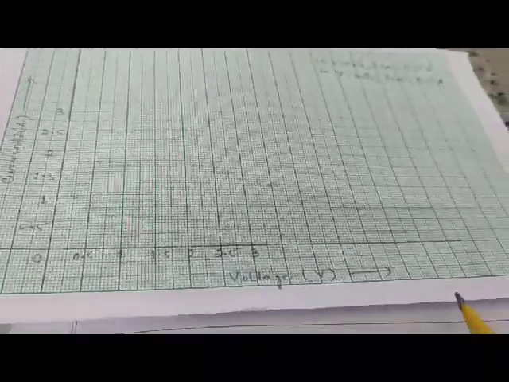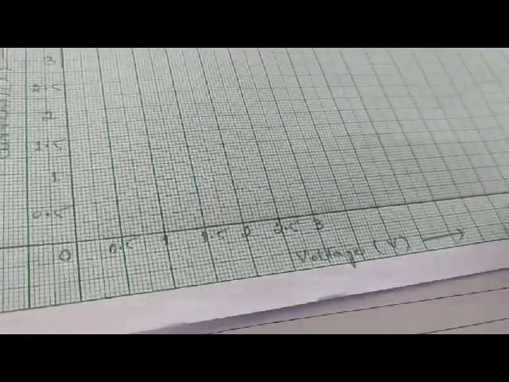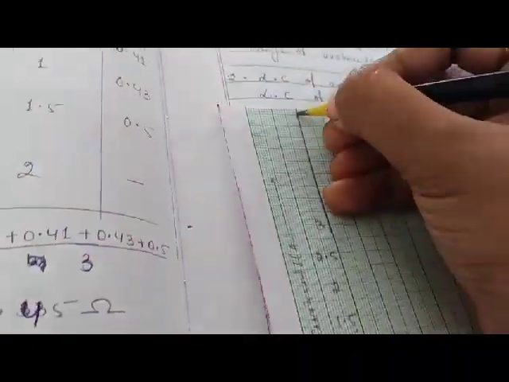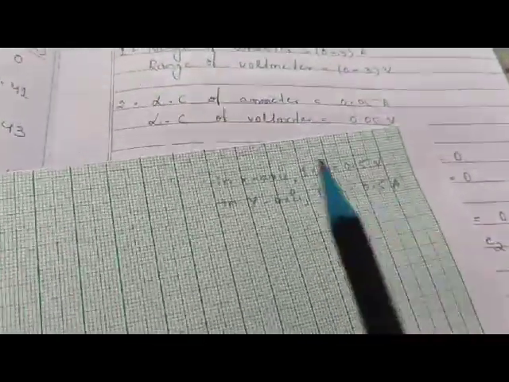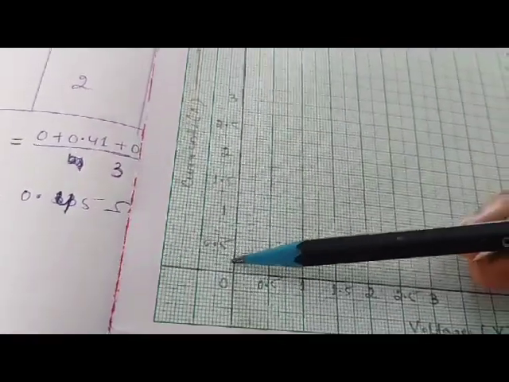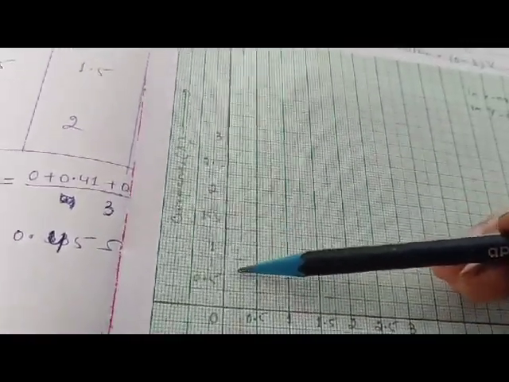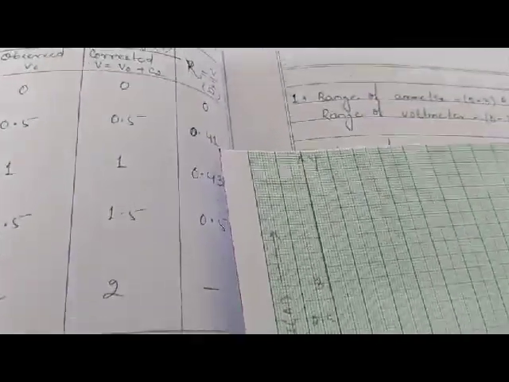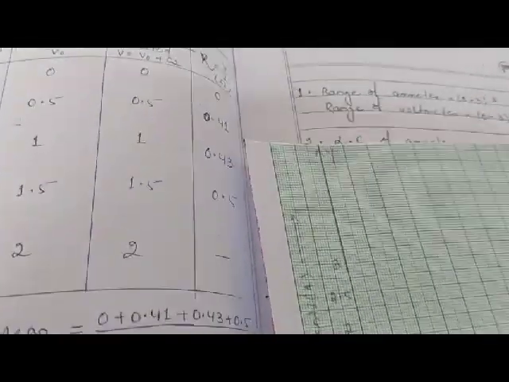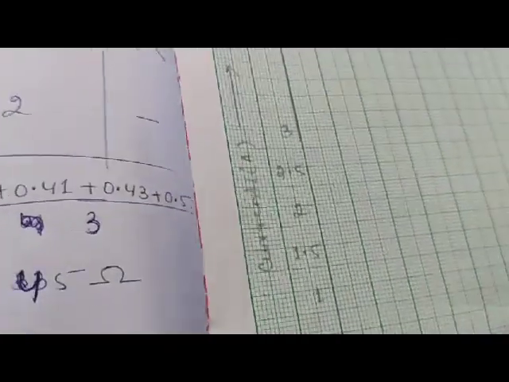As you can see here, along the x-axis I have taken the voltage, that is V. Similarly along the y-axis I have considered the current in ampere, and this is the scale measurement. In the x-axis 1 centimeter is equal to 0.5 volt. Similarly in the y-axis 1 centimeter is equal to 0.5 ampere. Now we will plot all the observations on the graph paper. Then we will take the slope and we will see whether our values are coming the same or different, a little less or greater.